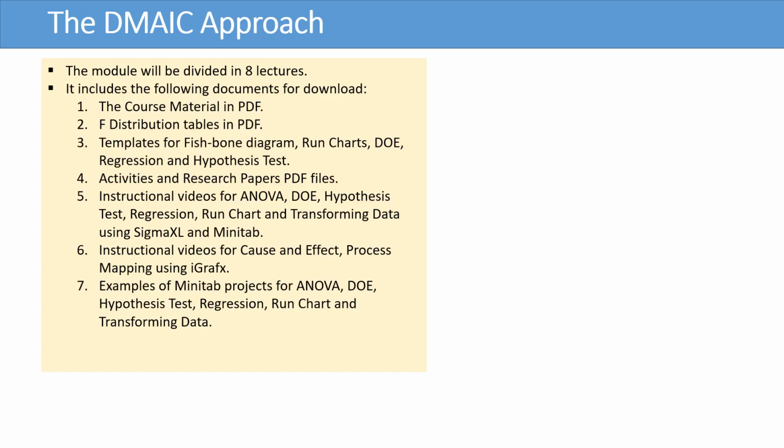As we mentioned before, the module will be divided into 8 lectures. It includes the following documents for download: the course material in PDF, the F distribution tables in PDF, templates for fishbone diagram, run charts, design of experiments, regression, and hypothesis test, activities and research papers in PDF files, instructional videos